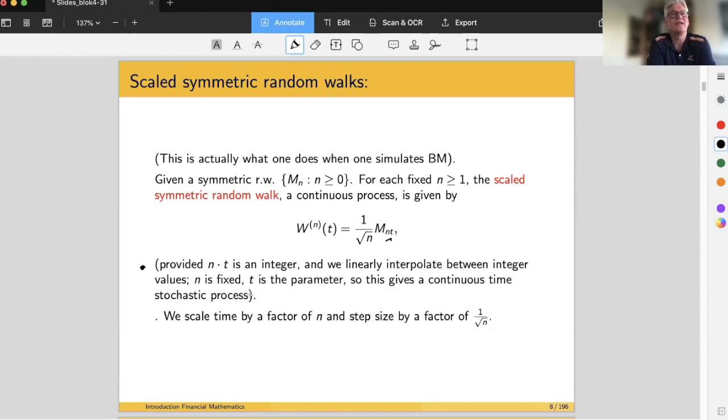So before we look at limits, let's first investigate this process. N is fixed, n times t is changing. So from the definition of Wn(t), assuming nt is an integer, if I replace this value, I'm still working with a random walk, but I've multiplied it by the square root of n, and the properties essentially remain the same. The increments, for example, Wn,